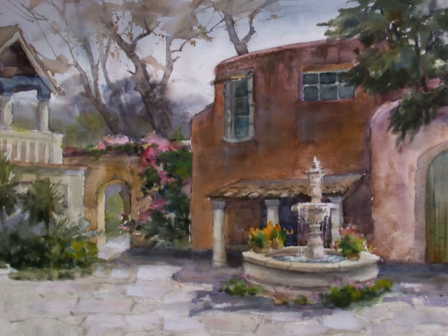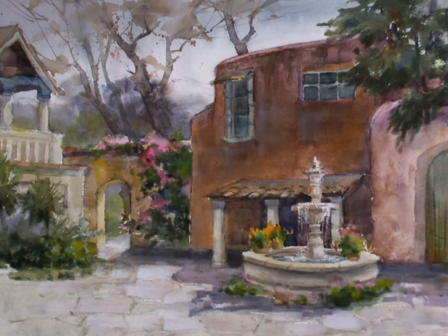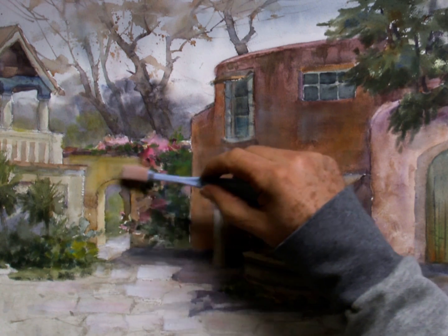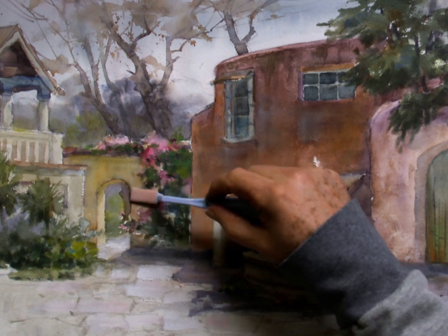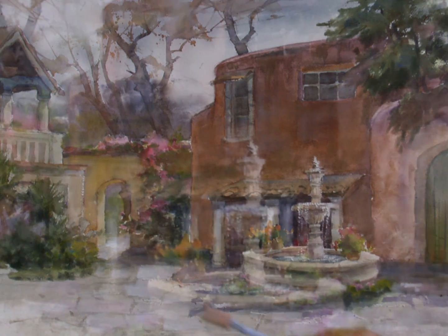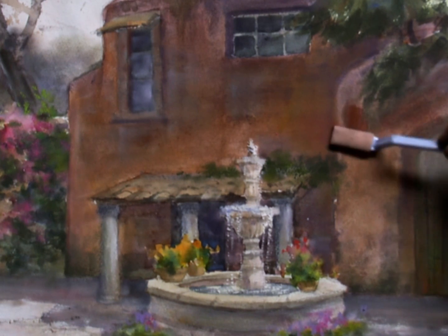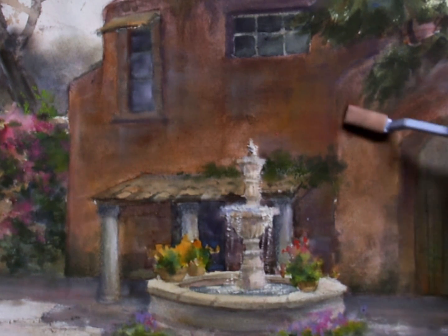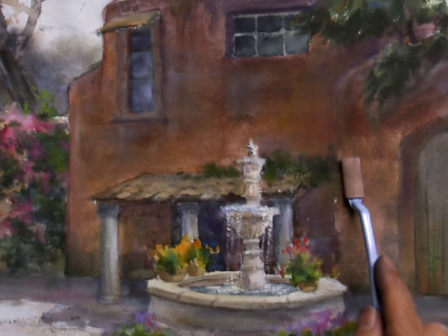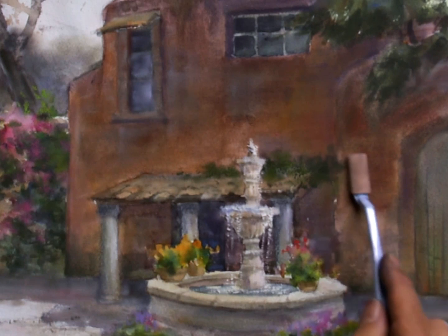This is when PanPastel can freshen up overworked areas and enliven dull areas. As you can see, when this is applied to a dry watercolor, it is hard to tell the difference between the two mediums, if at all, much less once the painting is framed. As mentioned earlier, that's because the watercolor binder has dried. PanPastel is spread thinly into the grooves of the watercolor paper with the applicators, so it looks the same as